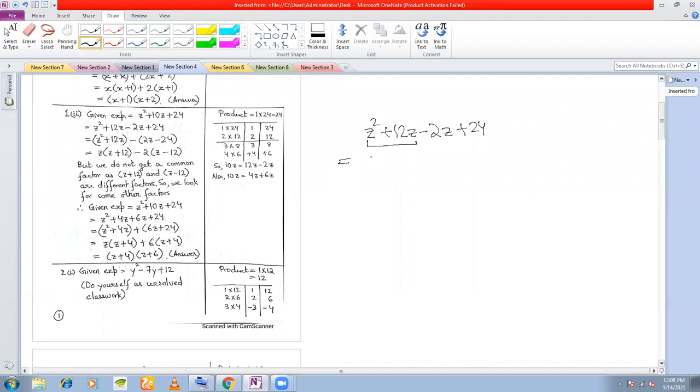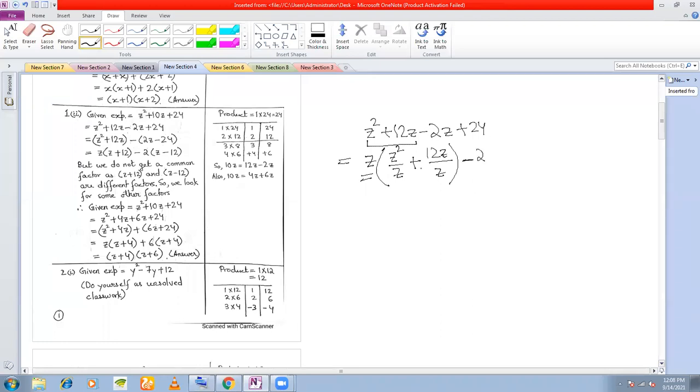Z, sir. So z is the HCF, so I take it out. Now from the first one, z square, if I'm taking out z, I need to divide this by z, plus, and I have 12z. And because I have taken this z out, I need to divide this also by z, right? Minus